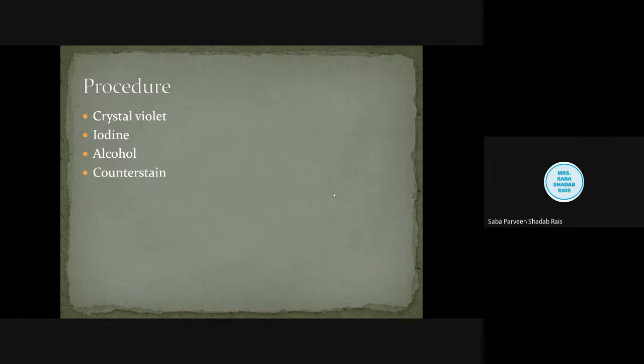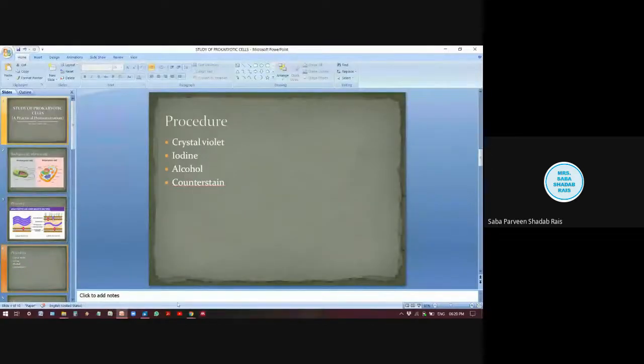Now, why will this pink stain not be taken up by the gram positive bacteria? Because the cell wall of the gram positive bacteria has shrunk. The pores have been sealed. It is completely packed. So this stain will not at all enter inside the gram positive bacteria. So at this particular stage, the gram positive bacteria will be purple in color, and your gram negative bacteria will be pink in color. So let us see how we can perform it in the laboratory.